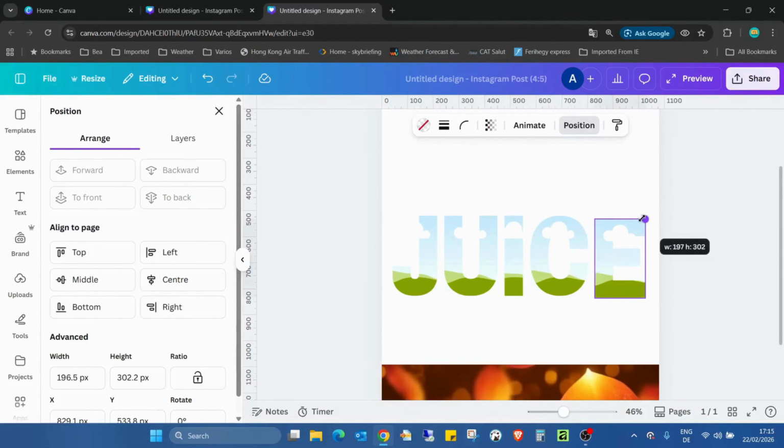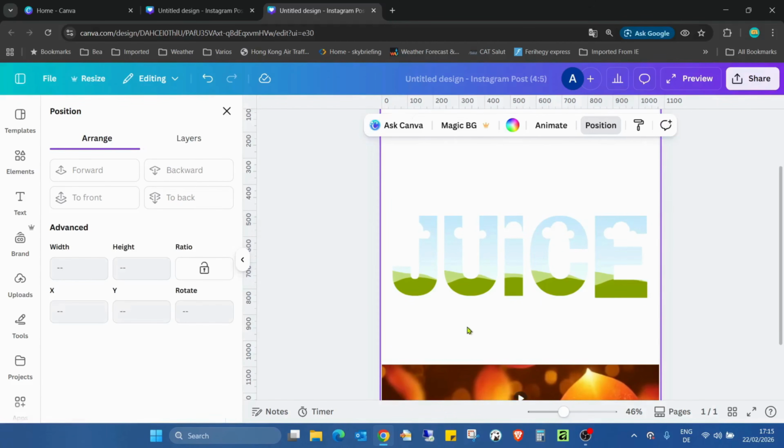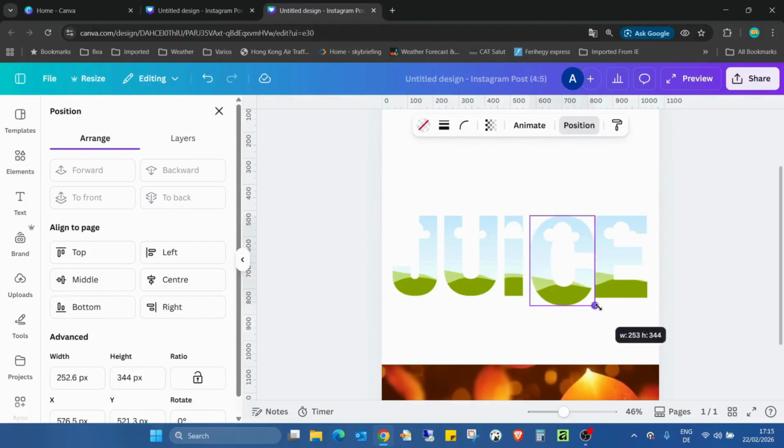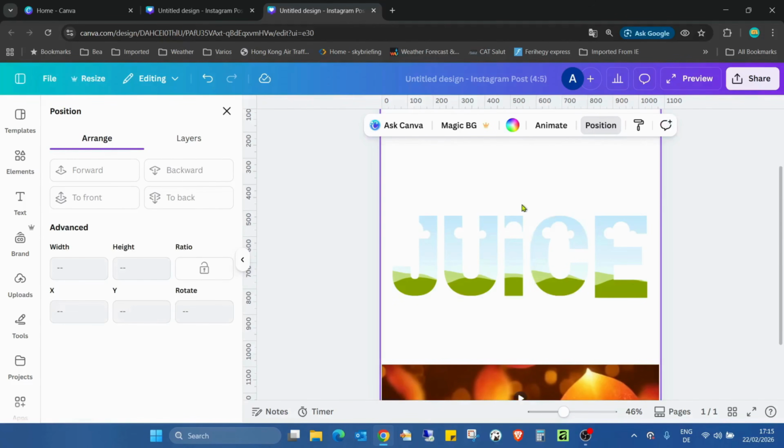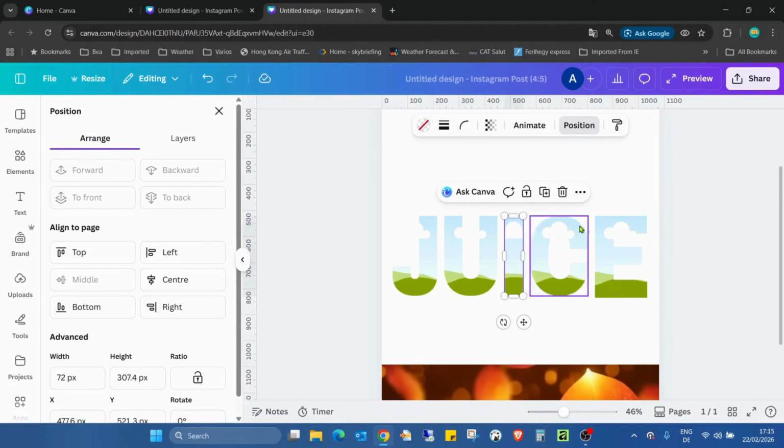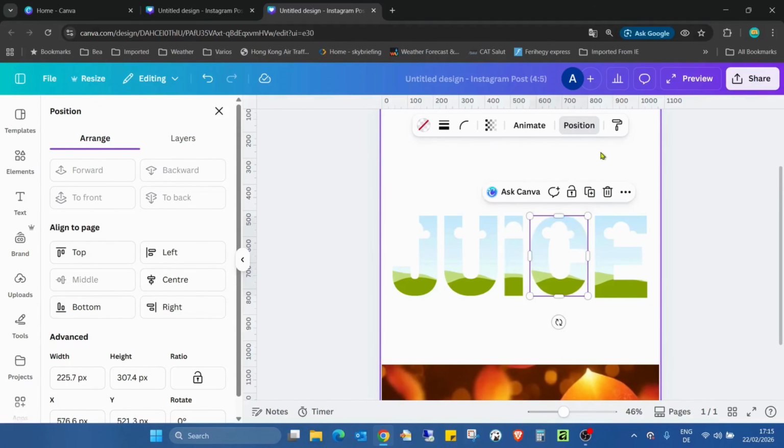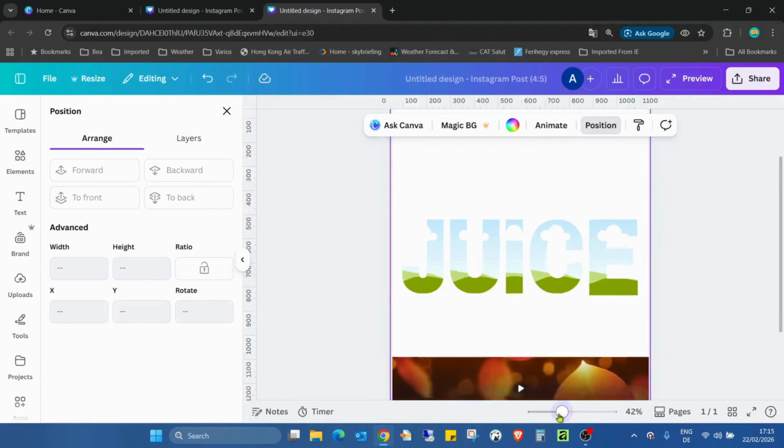It doesn't look the same size. No, it's the same size, I think. Yes. Okay, so